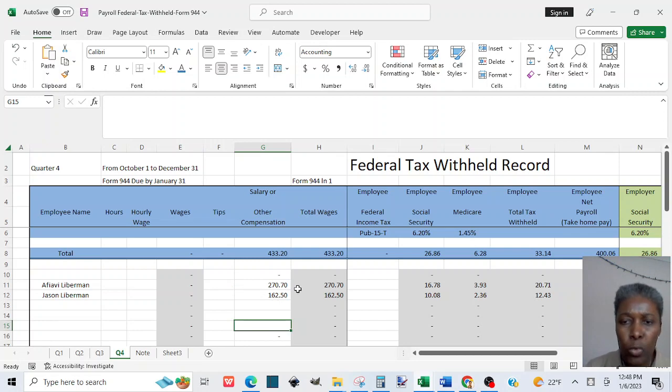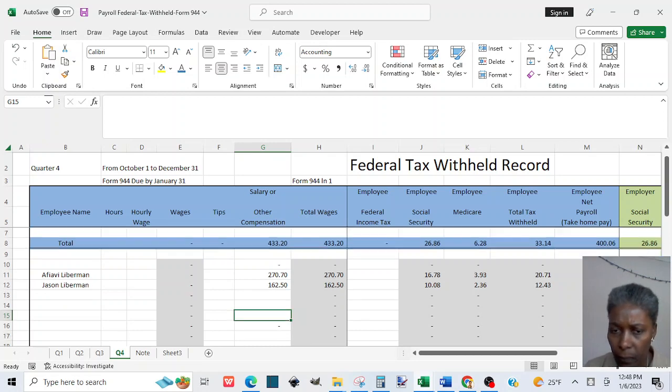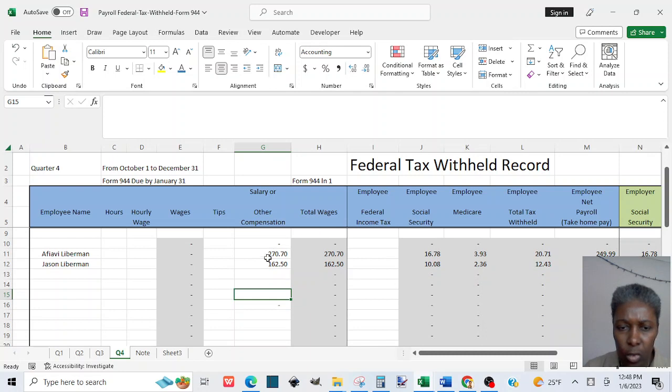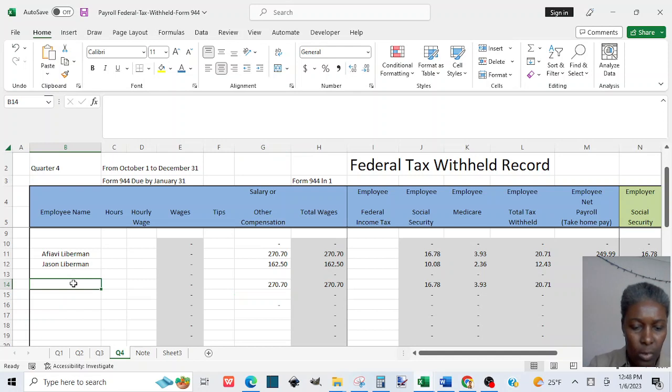So how do you complete your payroll spreadsheet? There is the amount you want to pay yourself. You can put it under compensation. So you put it under compensation, and let's have an example here. So if we put 270.70 here, and let me just put staff 1,